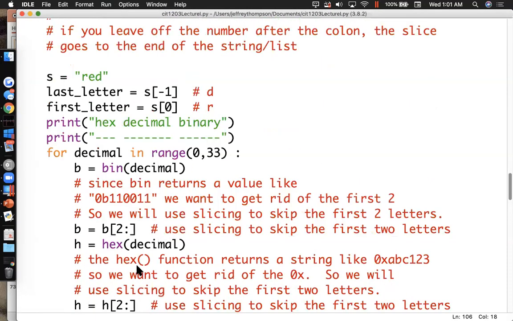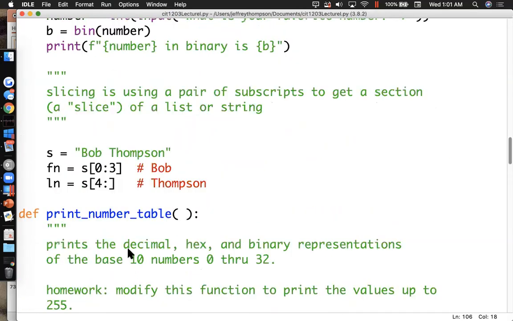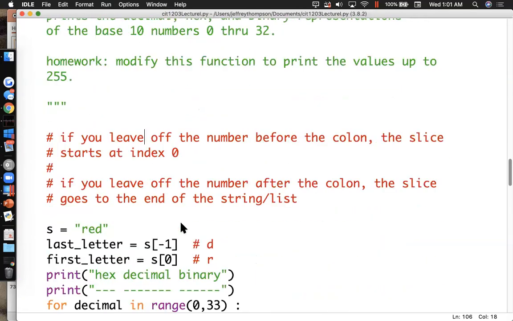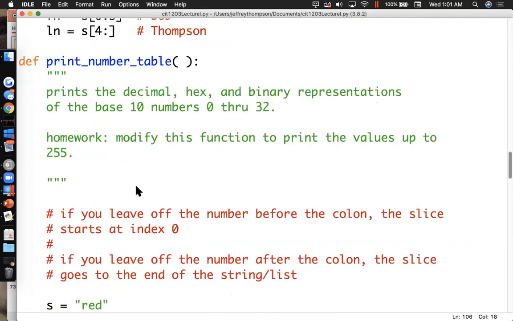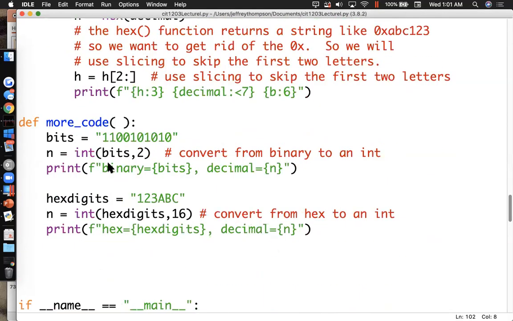So the last bit of homework for this, well, the middle bit is going to be to take the print number function and modify it to print the values up to 255, right? The last part of the homework,